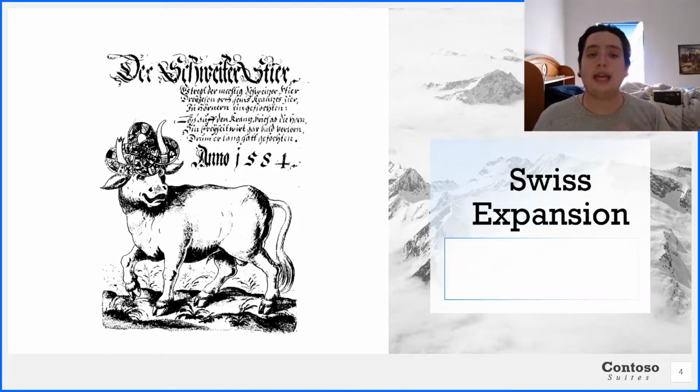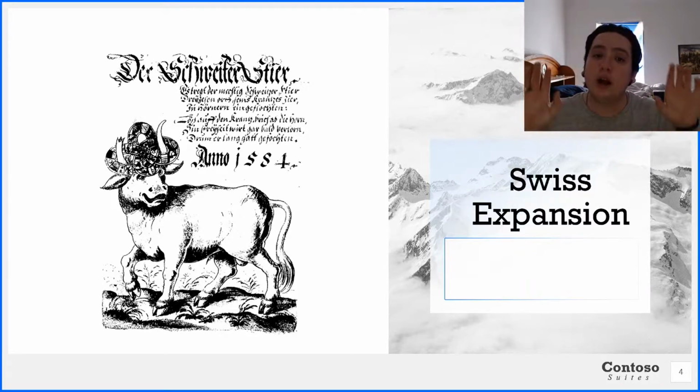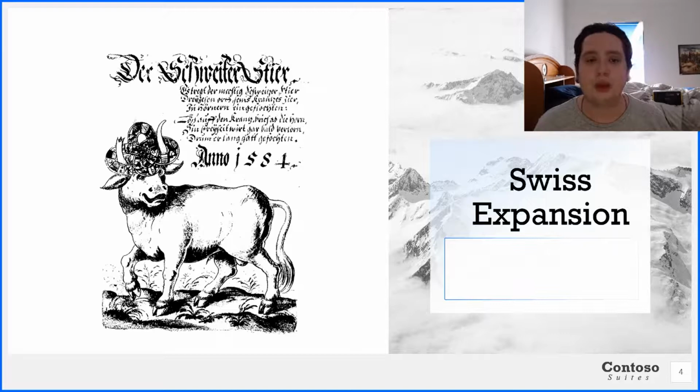At this time, the 8 cantons gradually increased their influence onto the neighboring cities and regions through additional alliances, and individual cantons concluded pacts with areas such as Schaffhausen, Freiburg, and Appenzell, the Abbot, and the city of St. Gallen, Biel, Rottweil, Mulhouse, and many other areas by just single pacts and alliances alone. These allies became closely associated with the Swiss Confederacy, but were not accepted as full members of the Swiss Confederacy. So they had a lot of allied members and counts and bishoprics that they could count on to help the Swiss Confederacy in times of need.